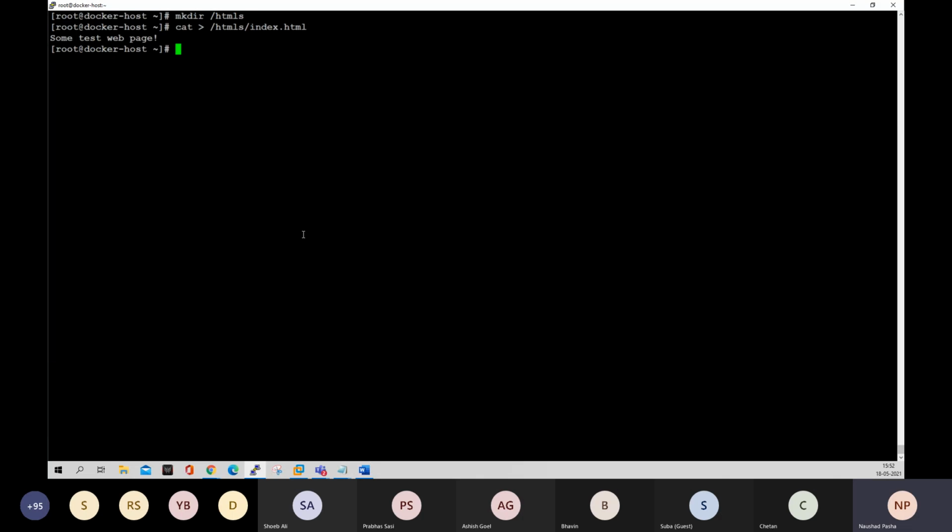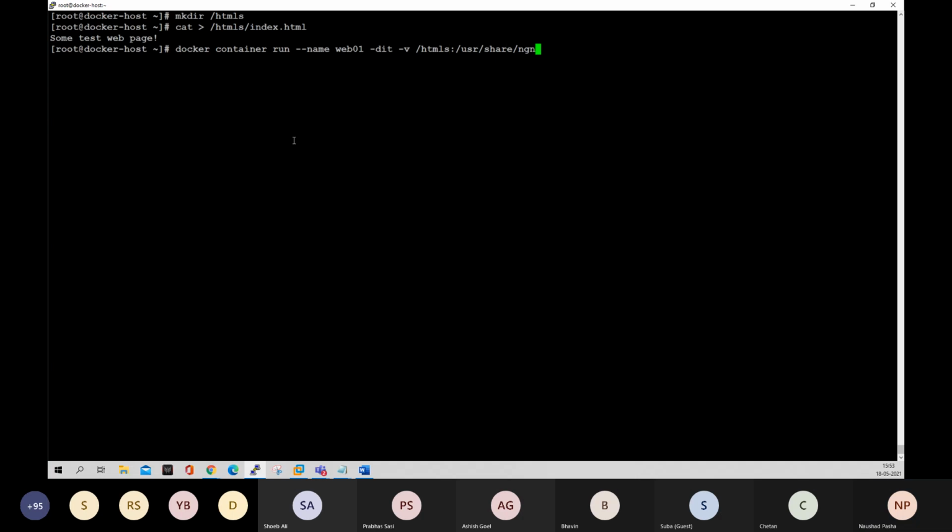So I want my Nginx application to serve the web page that I have in this path. Docker container run, maybe with the name web01 -dit -v. This time I'm giving the HTML as the volume path. It's not the volume name. Instead, it is the path on the local system. But on the container, it should be on /usr/share